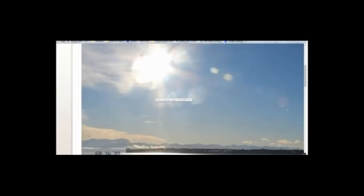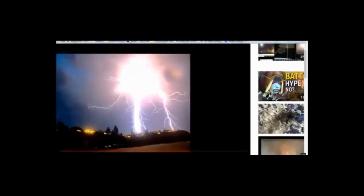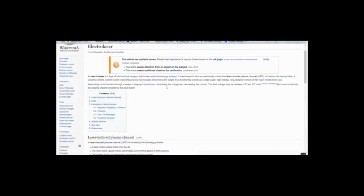So here you have the sun simulator looking like the Star of David with all these shadowy objects, exposing this giant honeycomb lens system right in front of a chemtrail cloud. There you go. It has been weaponized. So it is a directed energy weapon, such as the ones we used in the California fires. Now, it is used to form an electrically conductive laser-induced plasma channel. That's a mouthful. What that really means is when they turn this laser on from the source to the target,